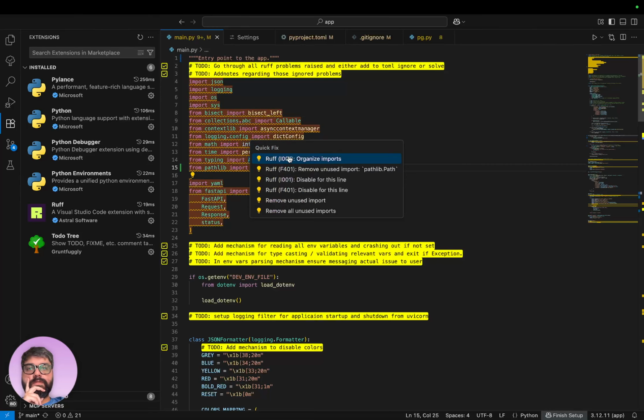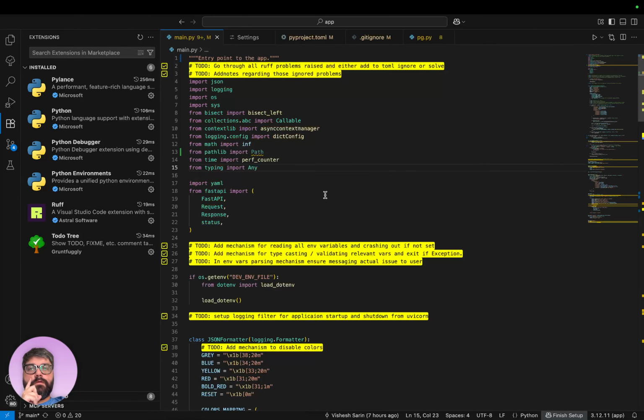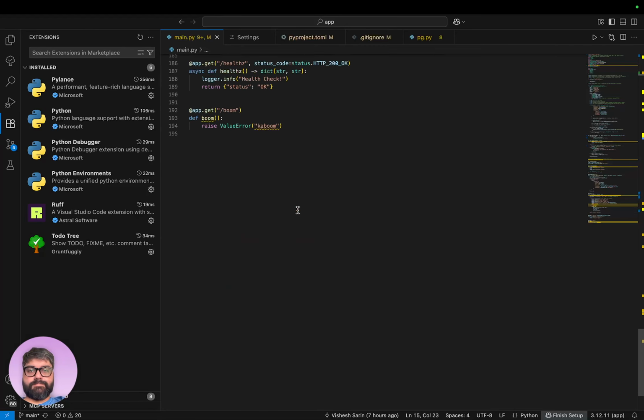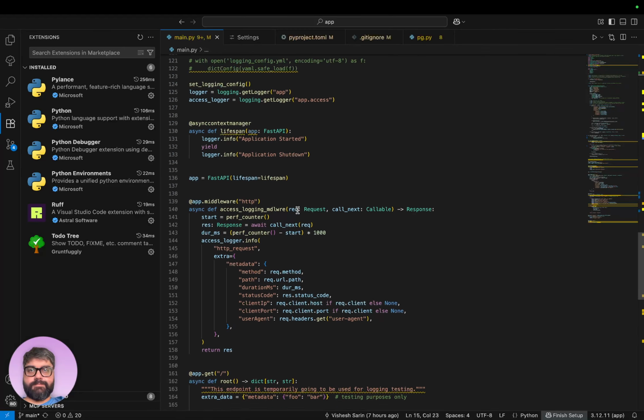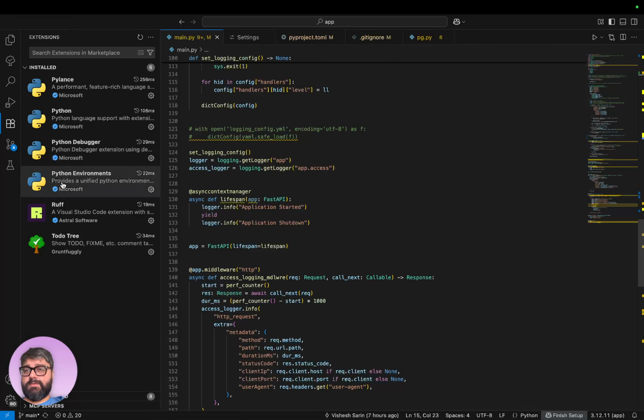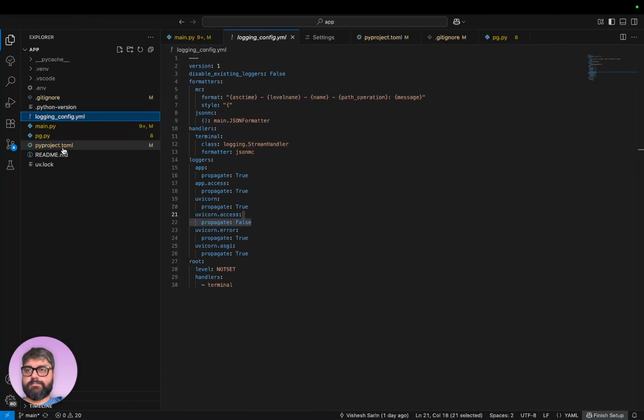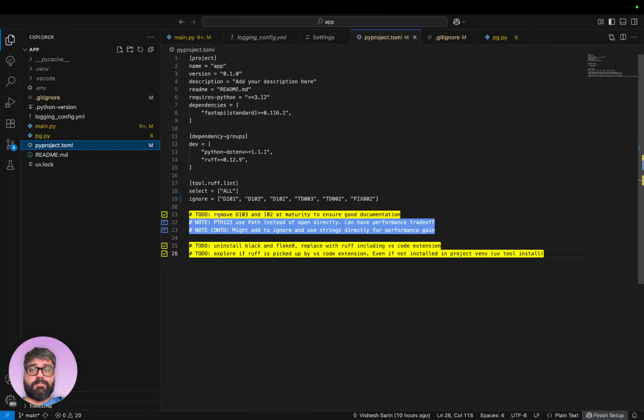Quick fix. I'm just gonna go ahead and organize that. So I imported path from pathlib. Remember, this is the one we already logged in our logging config in our pipe project. PTH123: use path instead of open directly can have performance implications, might add to ignore and use strings directly for performance gain. Basically, what I'm trying to say here is